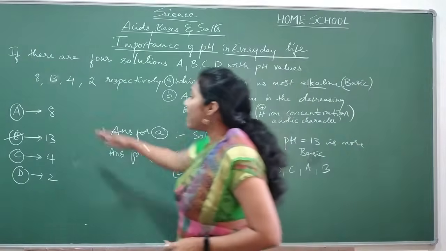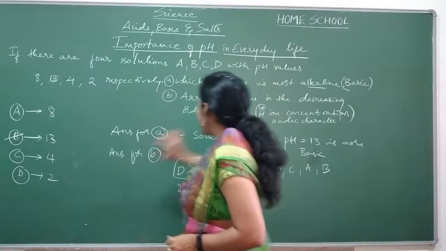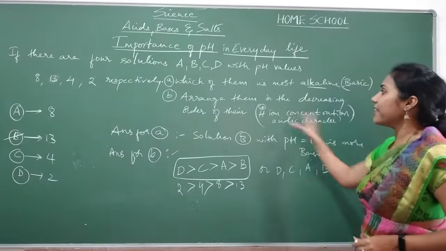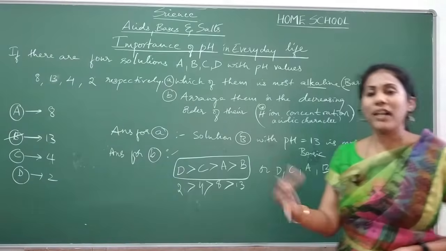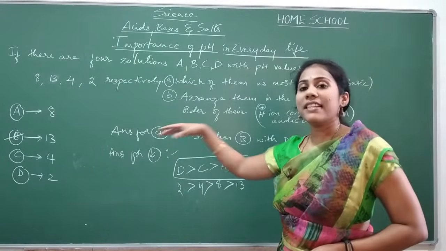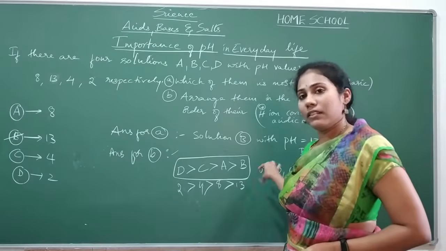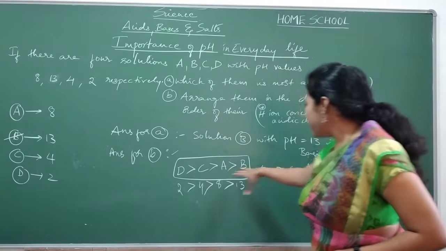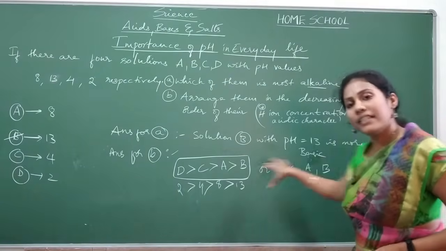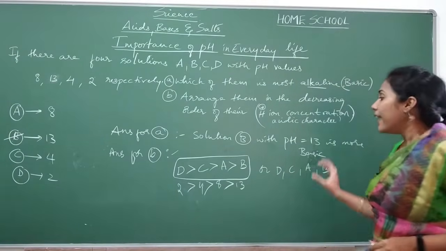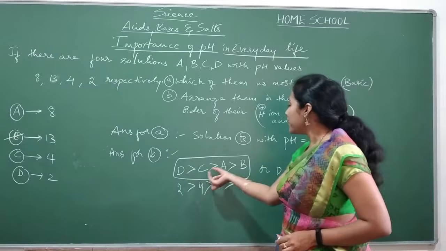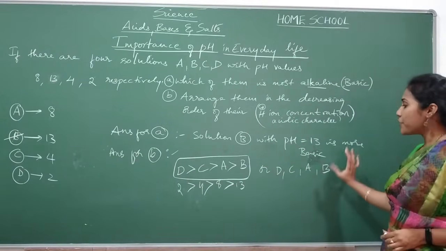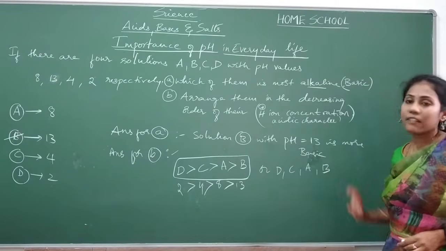Okay, so whichever solutions they give you, just see the question, what they are asking. H plus ion concentration, decreasing order they asked. H plus ion means what? Acidic nature. So highly acidic to less acidic or basic wise you should arrange them. Okay, decreasing order in the sense decreasing order, increasing order in the sense increasing order. Okay, and if you are getting confused to put the symbol, leave the symbol, just arrange this way. Okay, so this is the answer for B question.